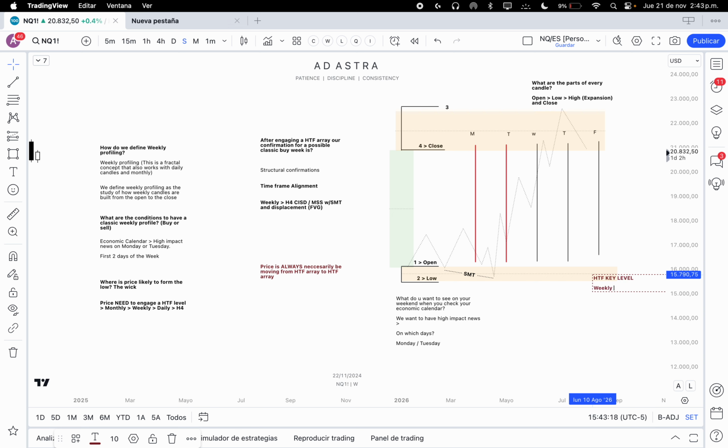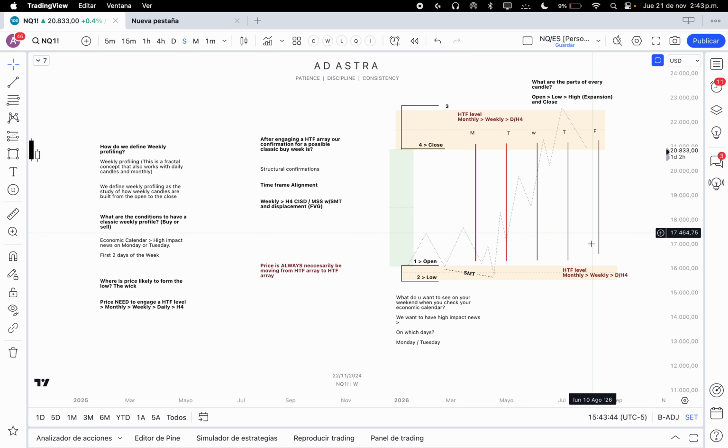It can be a weekly, daily, or H4, right? Or monthly, of course. Let's put it just like monthly, weekly, or H4. High time frame. Okay, and what is this one? Another higher time frame level. I mean, you're always going to be moving from higher time frame levels to higher time frame level,